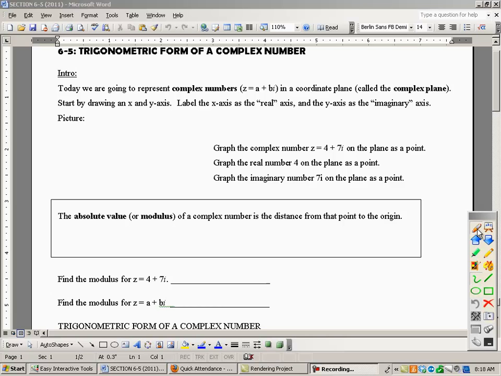We learned earlier in the year and in Algebra 2 that a complex number is of the form a plus bi. In this section, they label it as a letter z because we're going to be working with a couple of different types of complex numbers, and so they're going to start labeling things as like z1, z2, z3, things like that. We're going to draw a picture just to get us back into what a complex number looks like